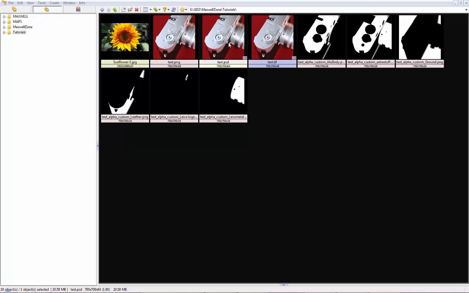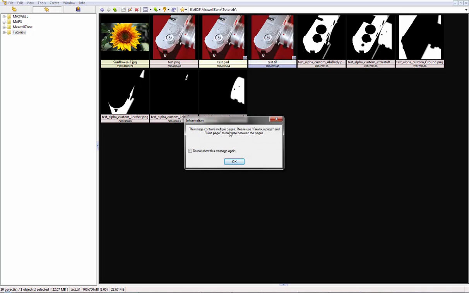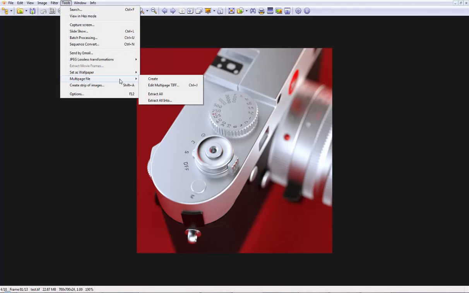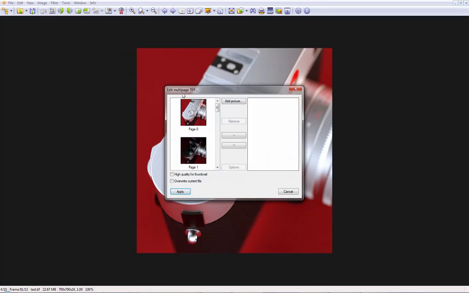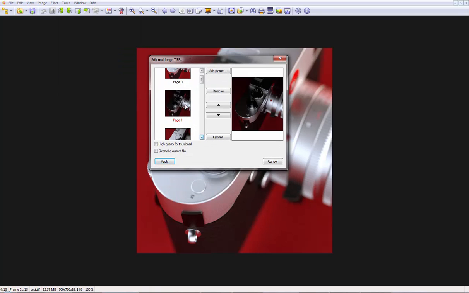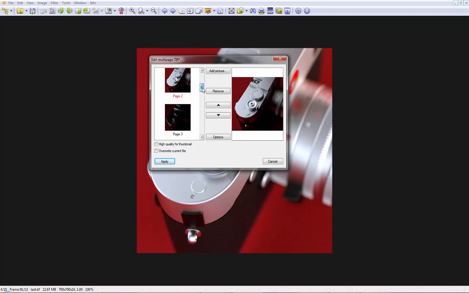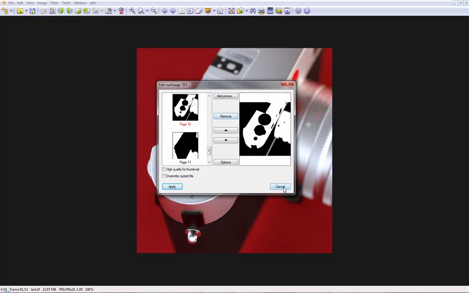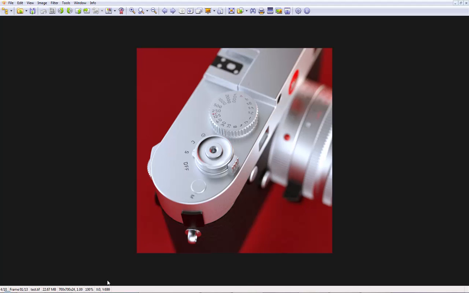But you can see it if I show you this TIFF file in an image viewer. Here I'm using XnView, which is a great free image browser. And here's the TIFF file. If I double click it, it tells me that it contains multiple pages. If I click OK, go to Tools, Multi-page file, and click Edit multi-page TIFF, you can see that all those extra channels have been saved. This is one page for each light or emitter, because I had multi-light activated, and also all those extra alpha channels. So everything is there. Maxwell saved the TIFF file correctly, but for some strange reason, Photoshop, even the latest versions,